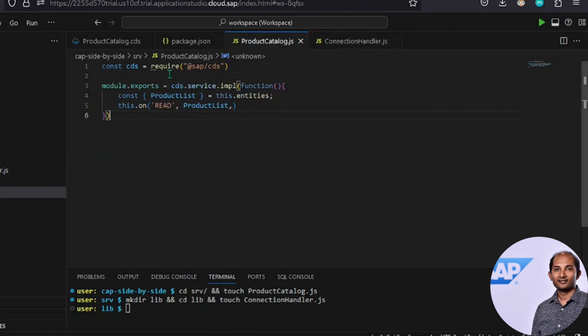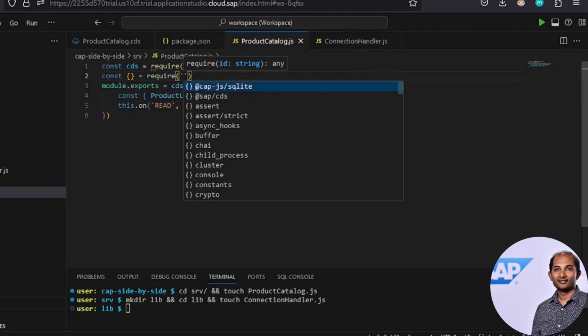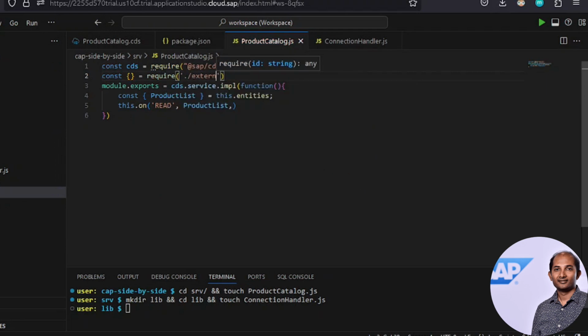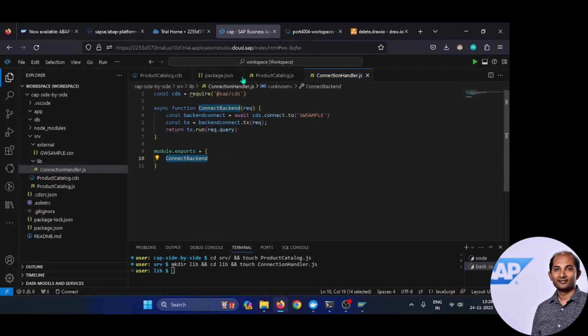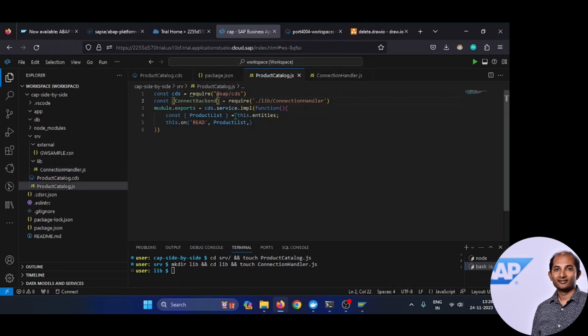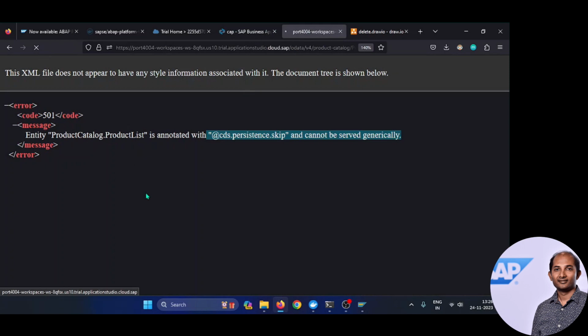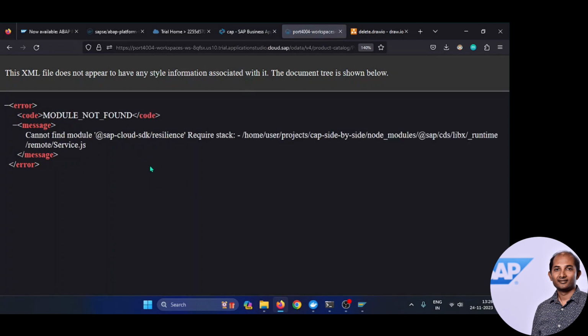So in this product catalog.js, let's bring that by extracting this. It will be under the lib folder. We have this connection handler, and what we want to extract is this one. That's all. So that this connectBackend I'll be using over here to read that entity set, right? So what will happen if I check the port now and refresh? Now it is no more giving a persistency problem,